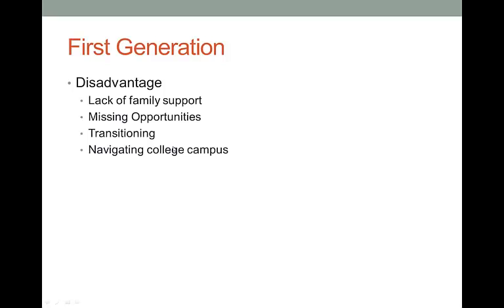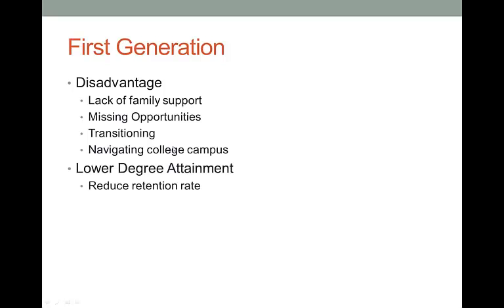First-generation students are also more likely to have transitional issues than second and third generation students. They're more likely to miss their home, miss their family, and aren't able to fully make that transition to college campus. And that's really connected to their ability to navigate the college campus. There may be some difficulties there. But again, this is generally speaking. Two first-generation students may have two completely different responses to the college campus. So it really just depends.